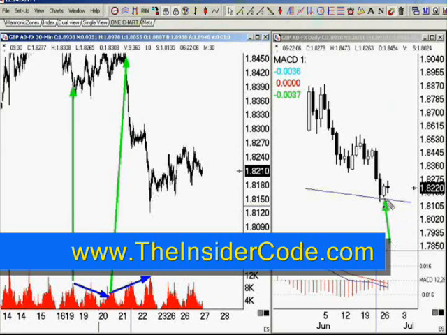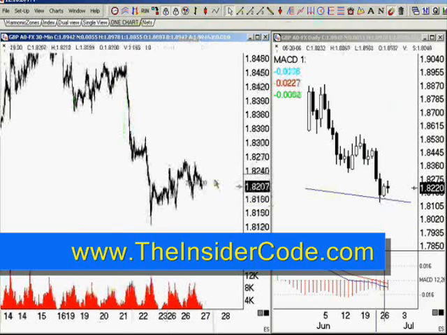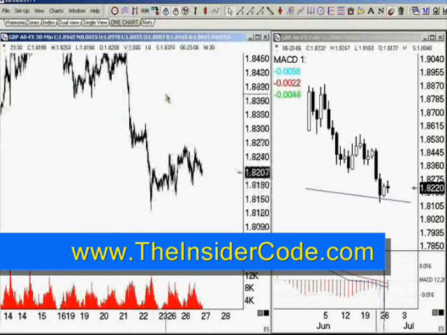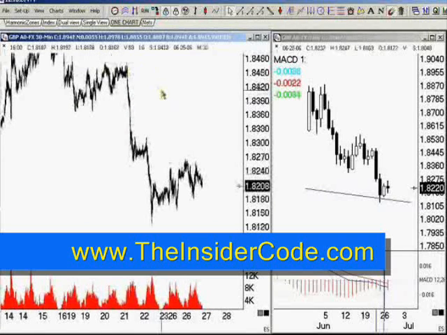Now we do get one update here. Let me go ahead and erase these lines. Probably should have had this down. You were seeing all the price action. You were not missing anything there. So this day here is the 26th. That comes in right in this area here. So we're looking at, roughly speaking, this area on the chart.